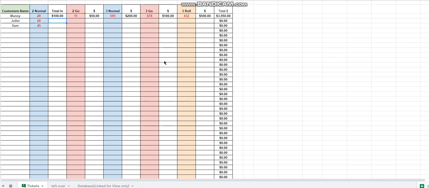So here I am with your lottery draw calculations and the formulations as per your requirement and instructions. What's happening here is that you will enter the numbers by the buyers, the persons who have bought two normal, two go, three normal, three go, and three rolls accordingly. And here you can see the total of all these. The money bought